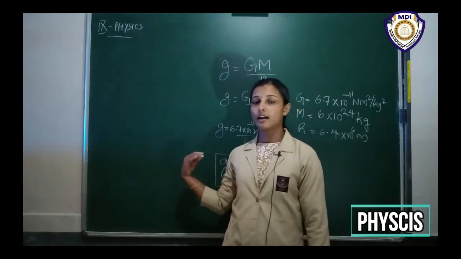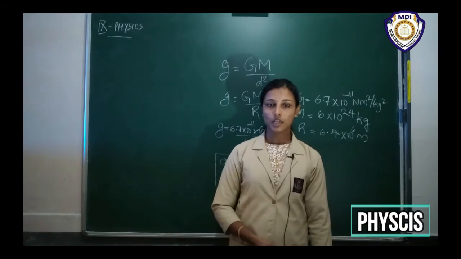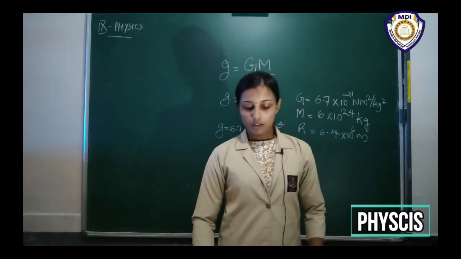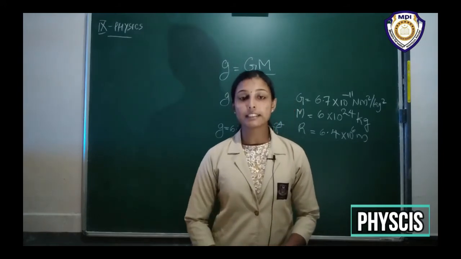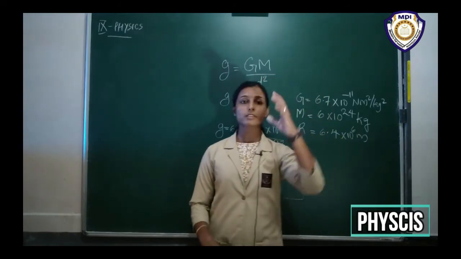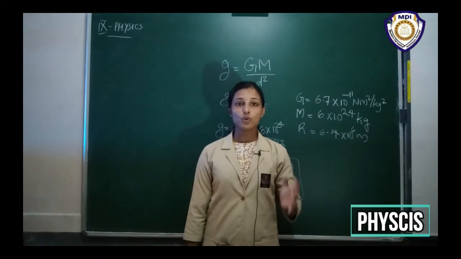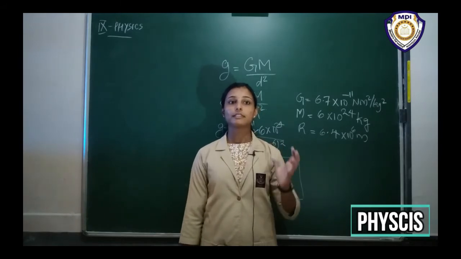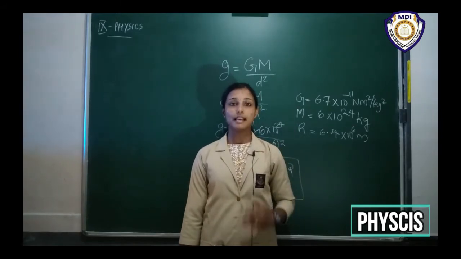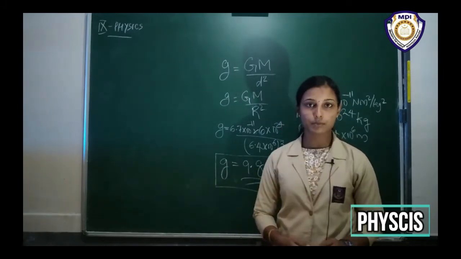This is the value of acceleration due to gravity. So we get the value of acceleration due to gravity of the earth. That means the earth attracts all bodies towards itself, that is by the gravitational force, right? So the acceleration of an object that is falling towards the earth has a value of 9.8 meter per second